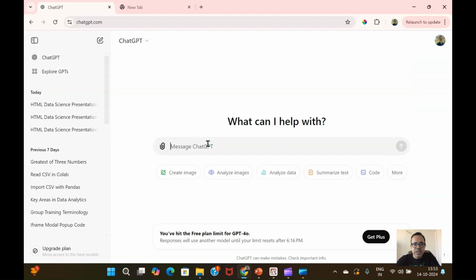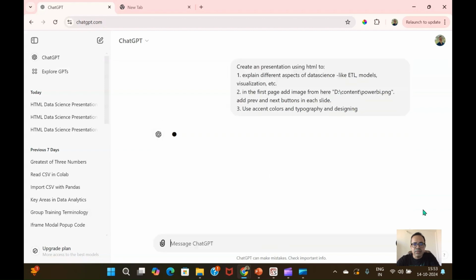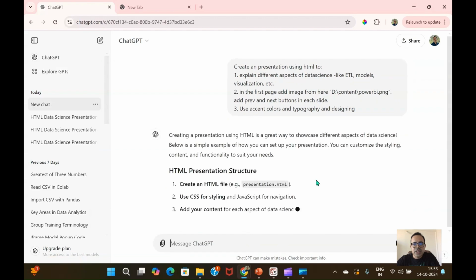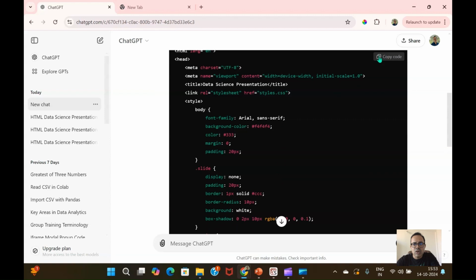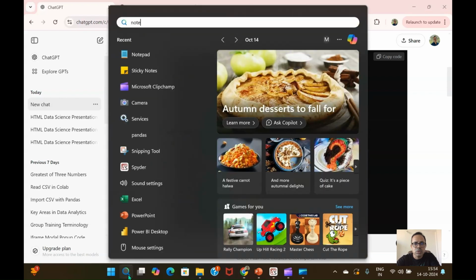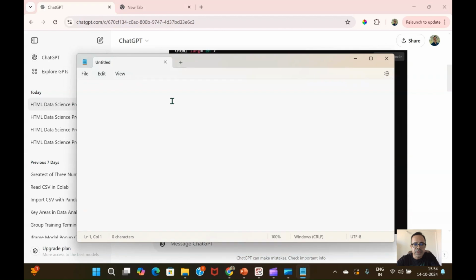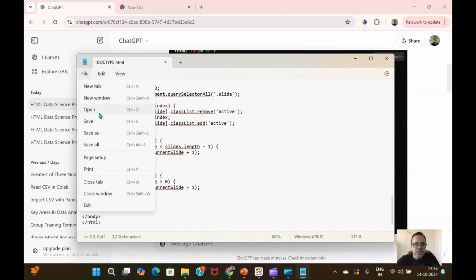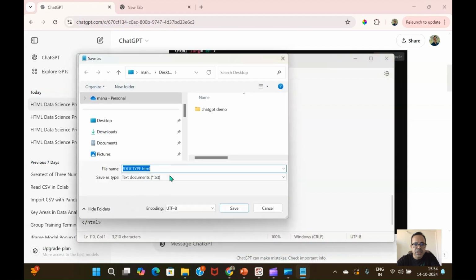So here in ChatGPT, I'm going to use the same prompt, and then I will just run it. So ChatGPT will give me an HTML file, and all I have to do now is copy this code from here and then paste it in a notepad. So I'll just open a notepad, paste it here, save this file as an HTML file, which means I'm going to give it any name,